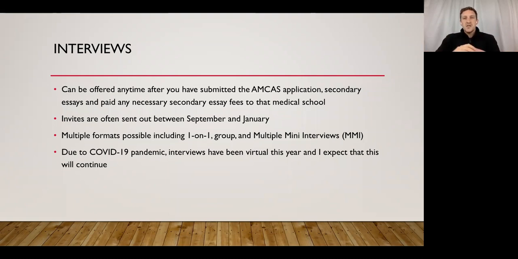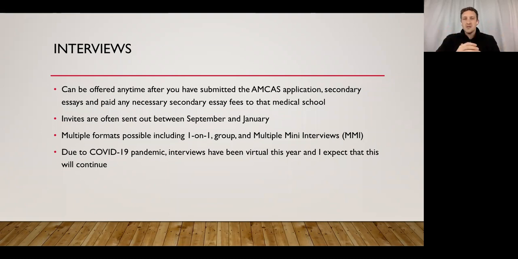Usually what they do is they have a prompt and they give you 30 seconds to think about the prompt. And then, in the old days before the pandemic, you would go into a little room with the interviewer and just answer the prompt in that 1 minute, 30 seconds to 2 minutes. And then once your time was up, you just left and went to the next room. Post-pandemic, we can still do that with Zoom and everything like that.